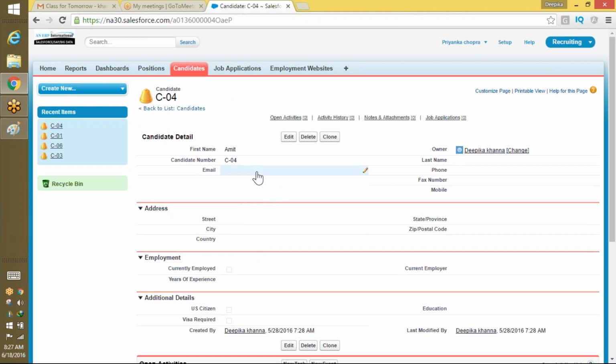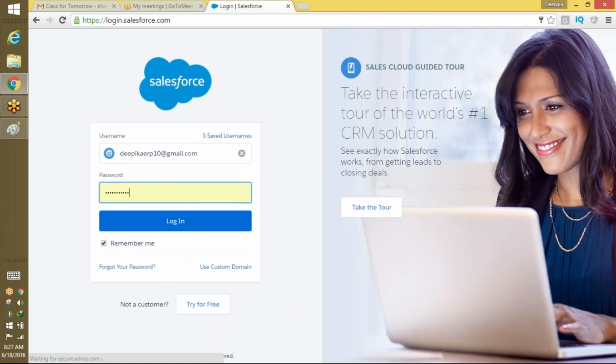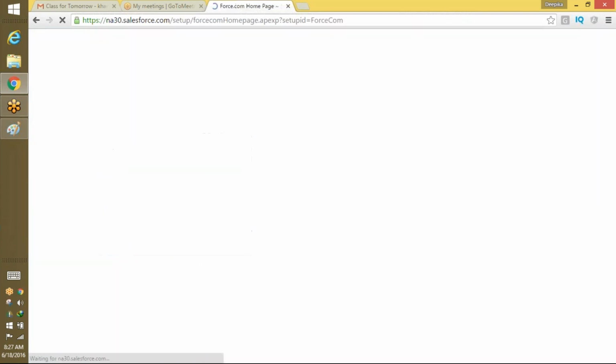Okay, and let's see if she's able to edit it or not, because she has edit permission but she does not have permission on SSN, so she's not able to see it because she does not have that permission set. So what we're going to do is, to Priyanka Chopra we're going to give this permission set and let's see what happens. Okay, so now if I log out and log in back again as a system admin,